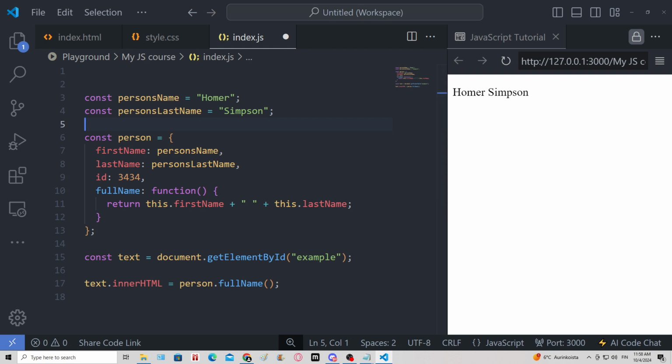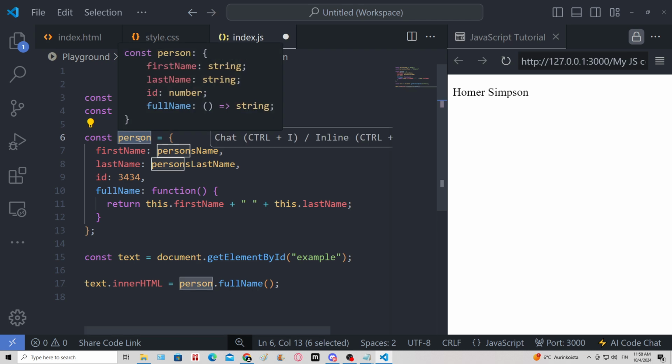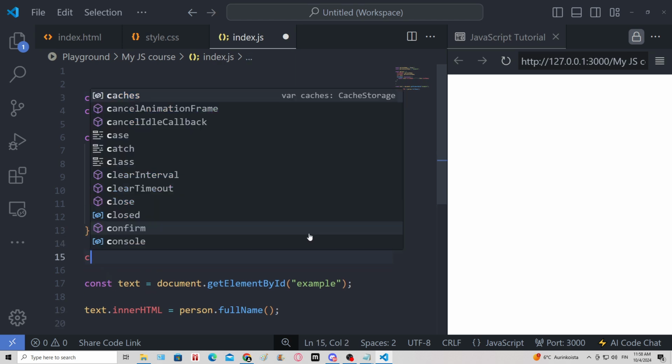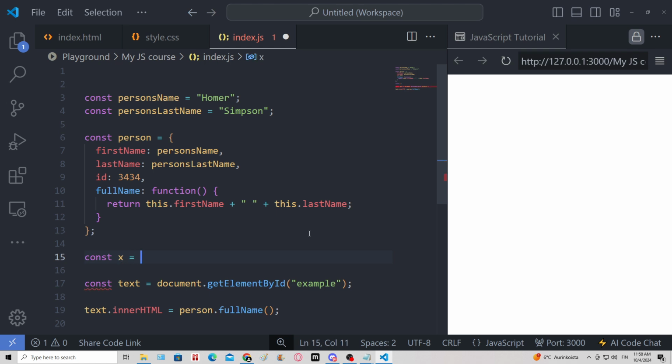So objects are mutable. They are addressed by reference and not by value. Let's say that a person is an object. They are addressed by a reference and not a value. Let's say, for example, we know that person.firstName will result in Homer. But if we say const x equals